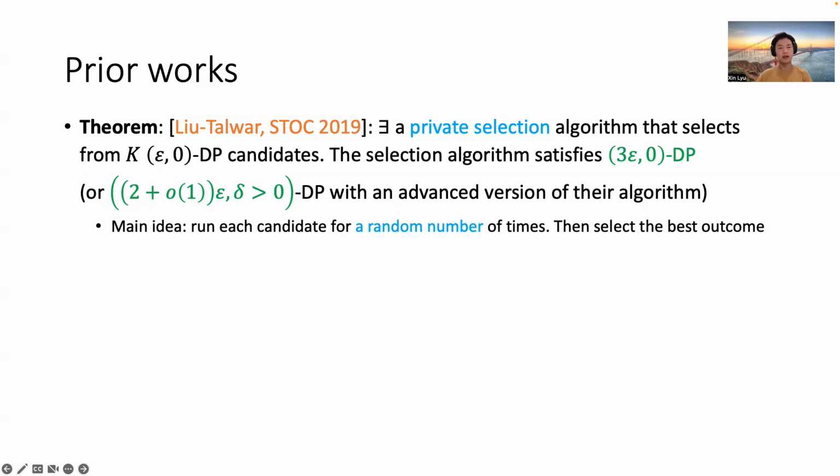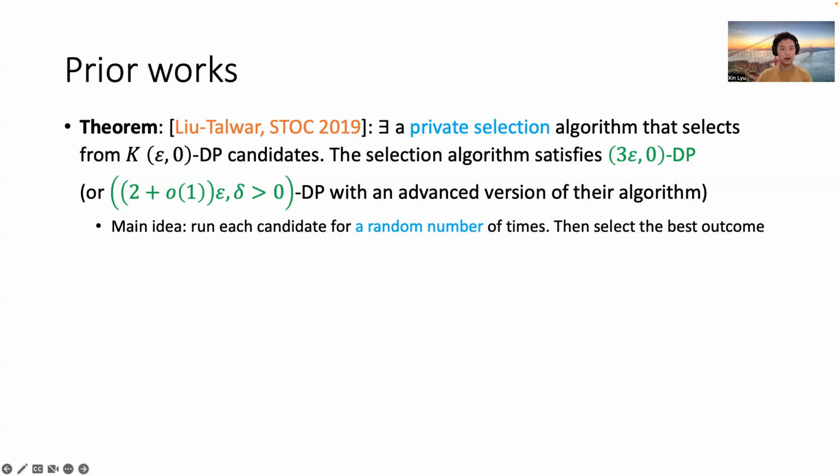They also considered improving the constant 3 further and came up with a 2 plus little o(1) overhead version of their algorithm. But the analysis and the algorithm get much more advanced, and they can only achieve approximate DP, meaning a DP bound with a strictly positive delta. Here, the main idea of their algorithm is to run each candidate for a random number of times and then select the best outcome. So by randomizing the number of executions of each base algorithm, the privacy is somewhat protected